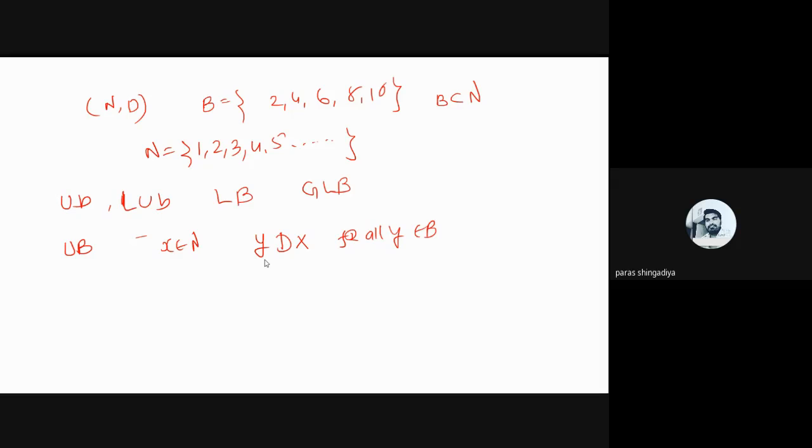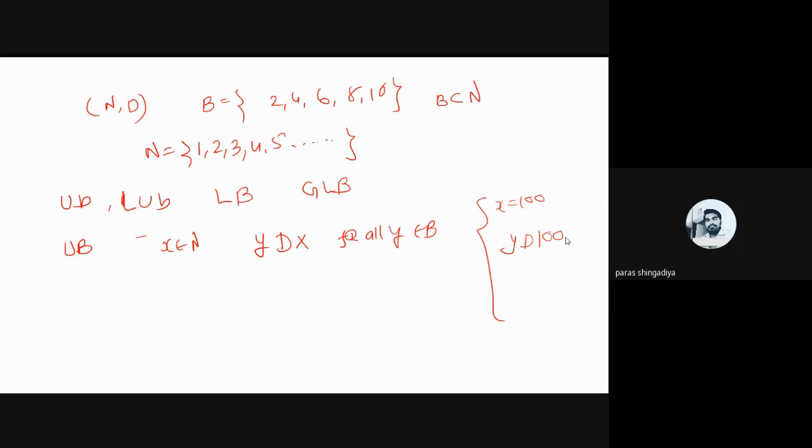So is there any number in this set of natural numbers which is divisible by 2, 4, 6, 8 and 10? Yes, anyone have the answer? Which number can we consider here which is divisible by 2, 4, 6 and 10? Let us consider one example which is not the answer, but based on that you will get the idea. Let us take x equal to 100. Okay, x equal to 100, and let us check this condition. y divides 100. Clear?